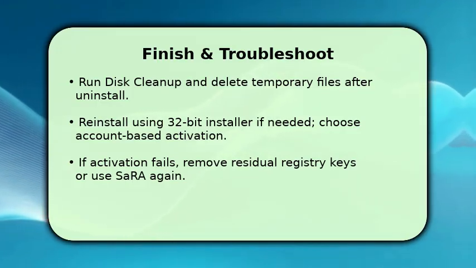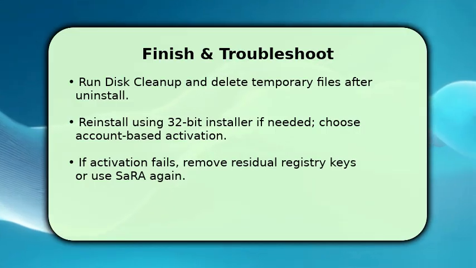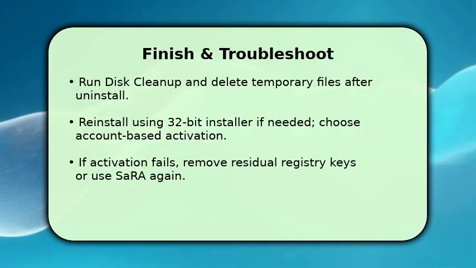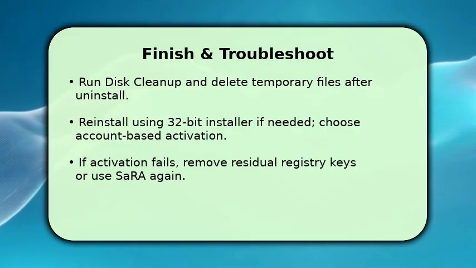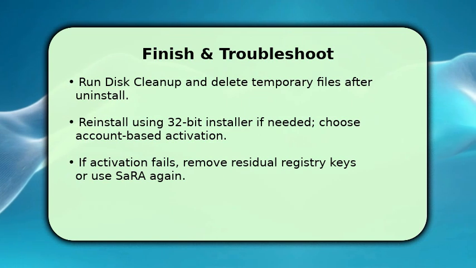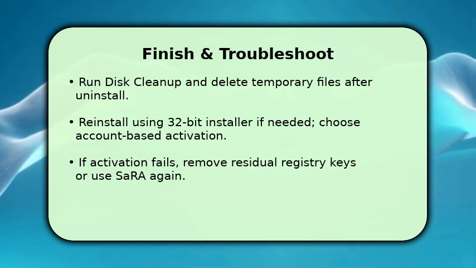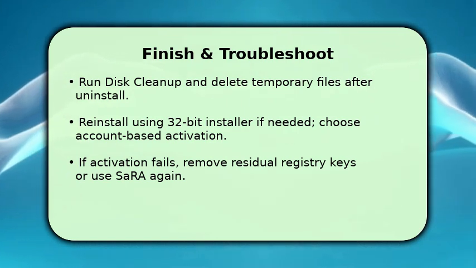If you plan to reinstall the 32-bit Office, use the correct 32-bit installer and sign into your account for activation. This avoids license mismatches. If activation or repair still fails, remove leftover registry keys related to Office or rerun the Support and Recovery Assistant. One tip: if you hit errors, reboot into safe mode and delete residual folders before repeating the uninstall or